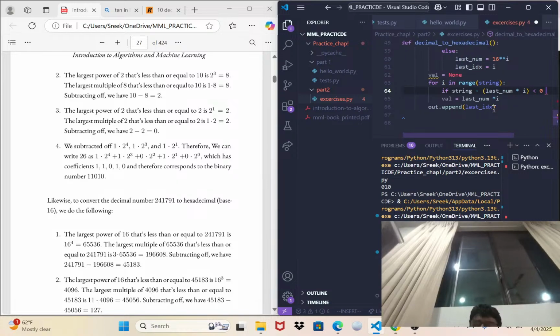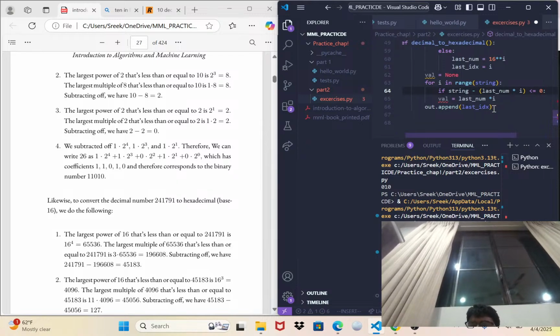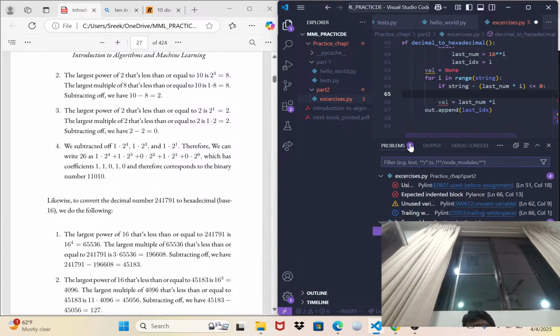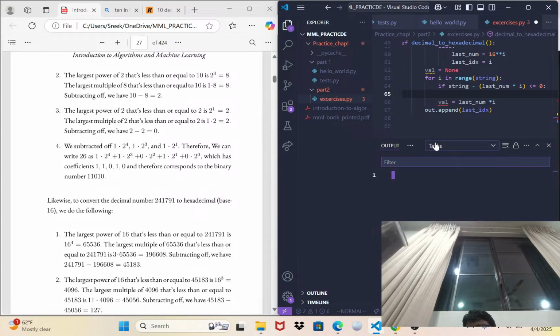Let's just go with that. Or is it? That's right. I think that's right. It's fine. We'll figure it out when we run it anyway. Basically, if the string is less than or equal to 0,